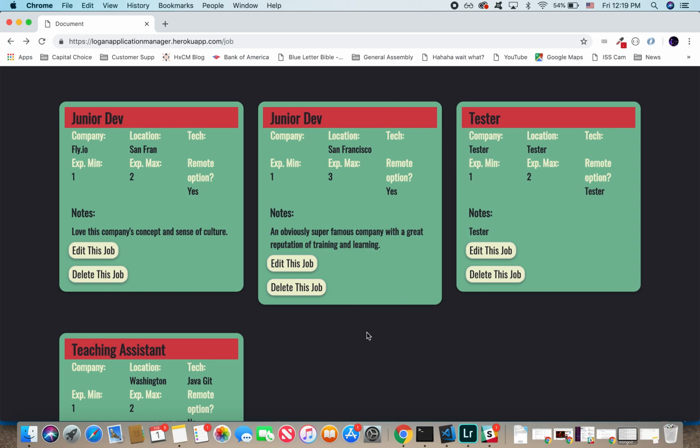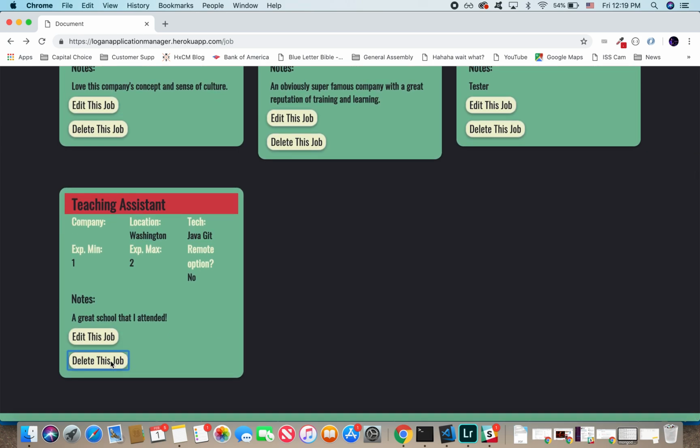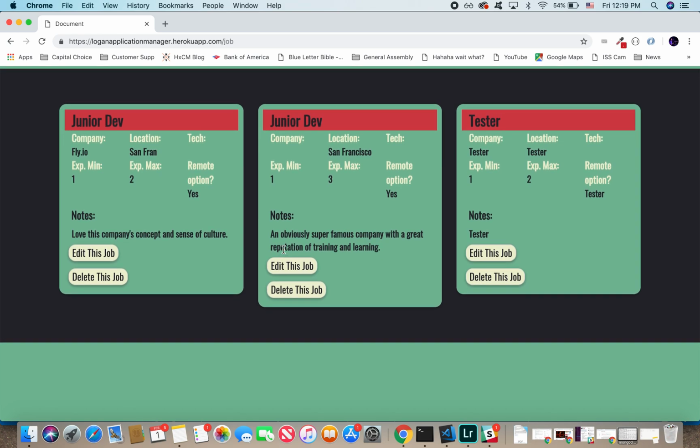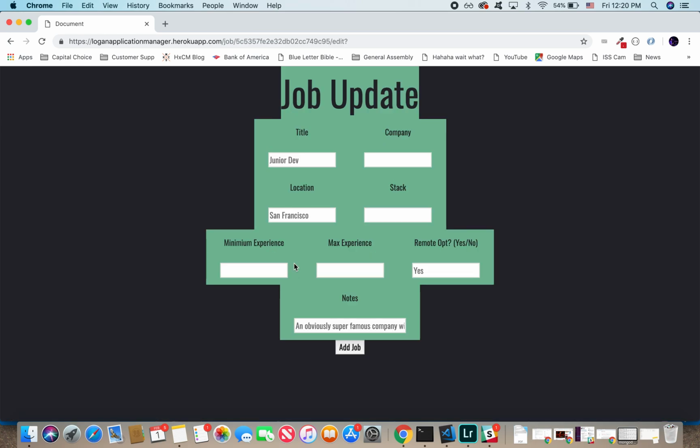But pretty functional already. You can simply edit and delete a job, and it's visible just in this action here. I have to take care of some CSS to make sure that this container is stretching all the way across the body in HTML. But continuing on, we can also simply just edit a job and continue to put some